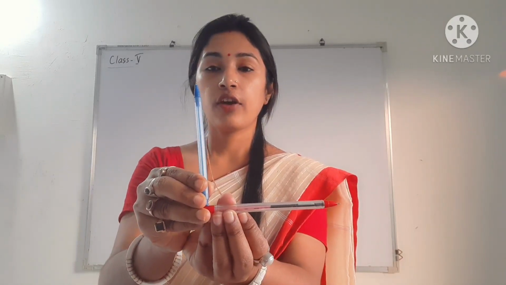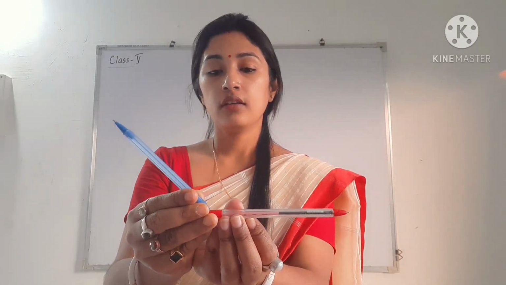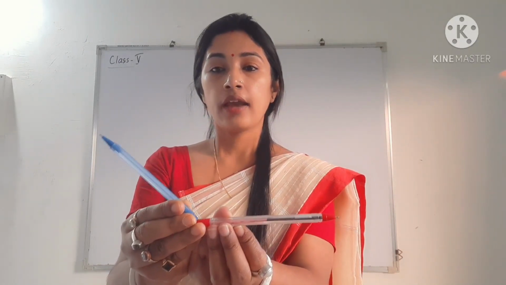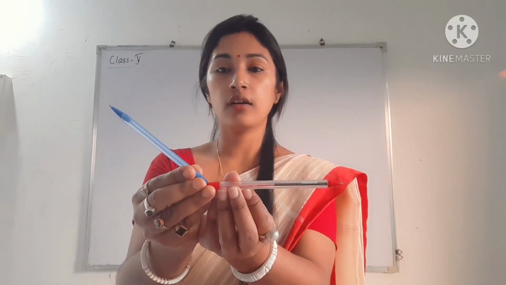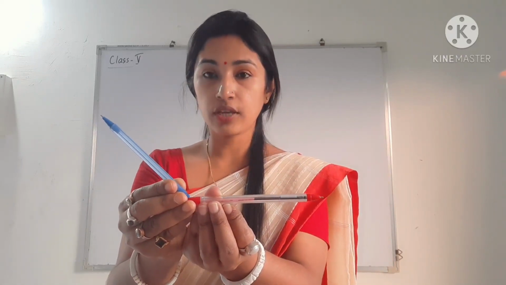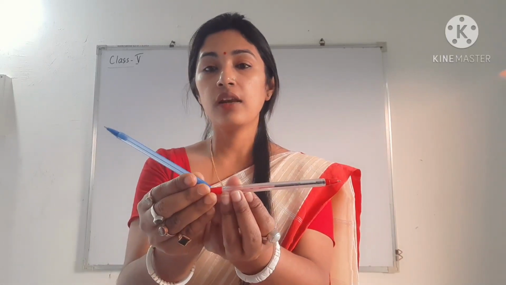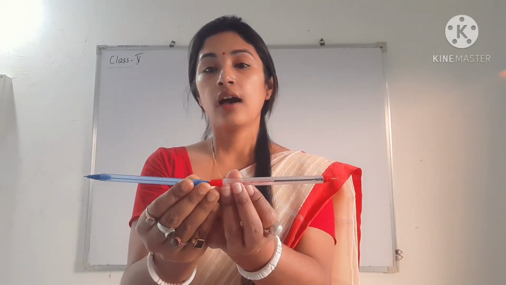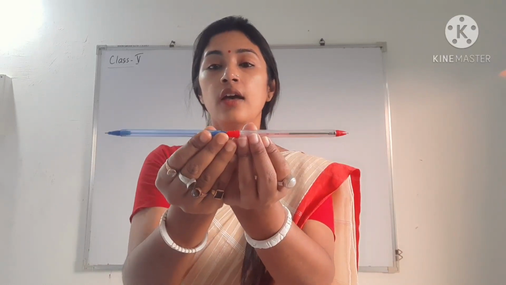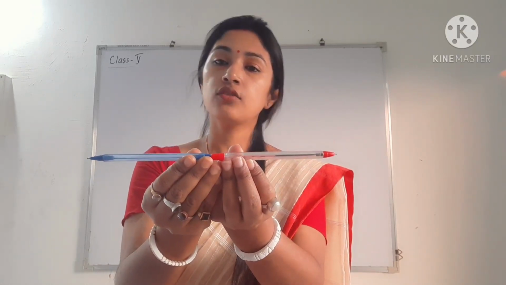Like that, if I open the blue arm, then the opening will get increased, and now I am showing you an obtuse angle. This is an obtuse angle because it is greater than a right angle. Similarly, after opening it further, see, it becomes a straight line, so it becomes now a straight angle.